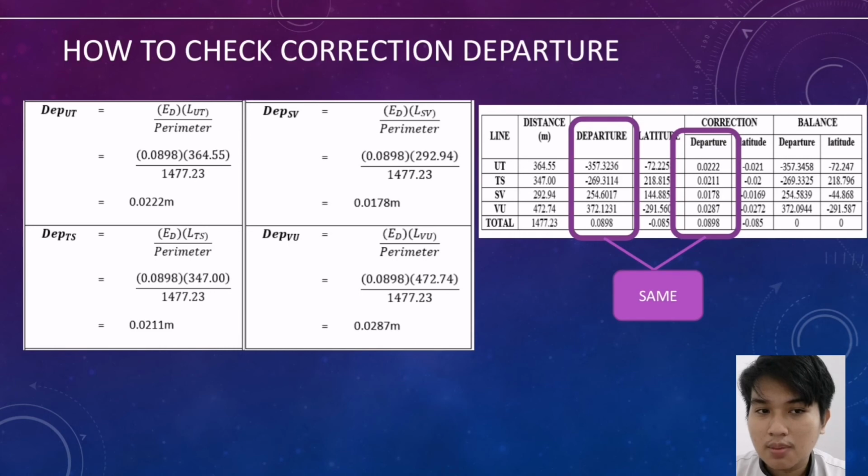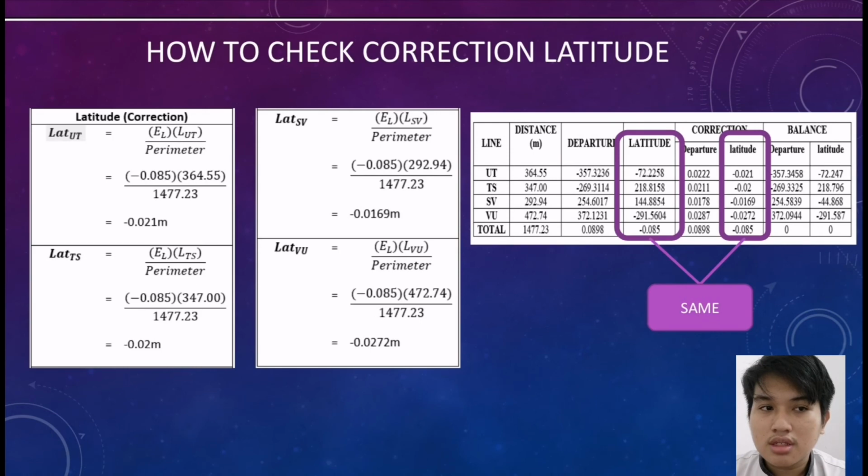To know whether the departure is balanced or not, you must subtract the correction departure from the departure. So concluding all, we get 0 for the balance. So it is balanced. The next slide is latitude. Correction latitude is the same as for departure. So the total for latitude and correction latitude is the same,